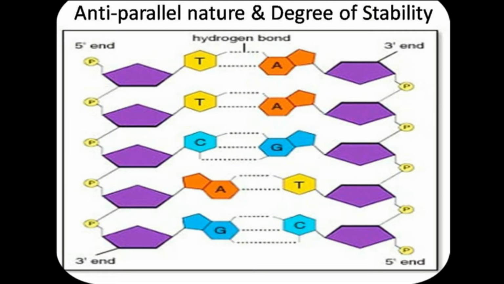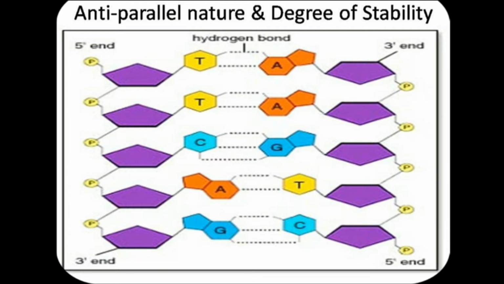So this strand is running from 5' to 3' direction. And the other strand does not run in the same direction as the first strand. It runs in the opposite direction. Now we can see the third carbon exposed here, and this is the fifth carbon to which the phosphate molecule is attached. So this is going to run in the 5' to 3' direction. This is the antiparallel nature of the DNA strands. So this one is running from 5' to 3' and the other strand runs from 3' to 5' direction. And next one is the degree of stability.